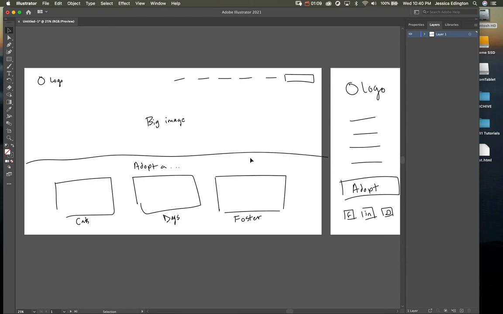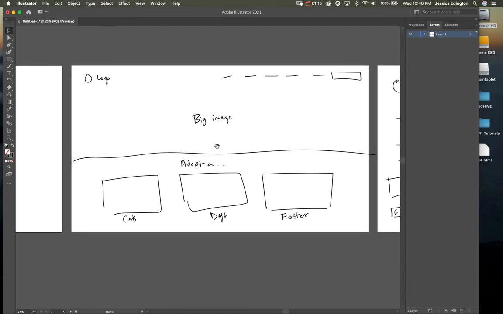What you're basically trying to do is just take those pieces and organize them in such a way that the client understands that you get their needs, that you are going to design a site that just meets what they said they needed it to meet. So I usually sit down and just do a quick sketch like this,